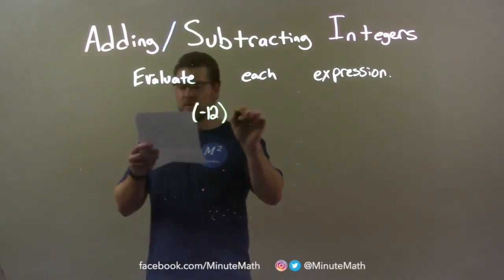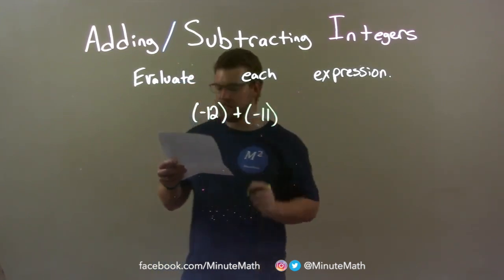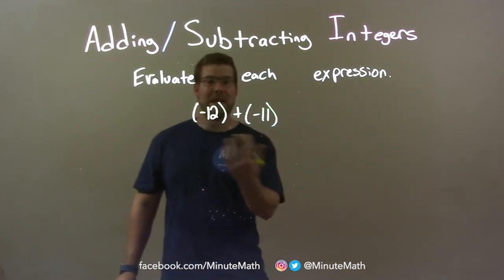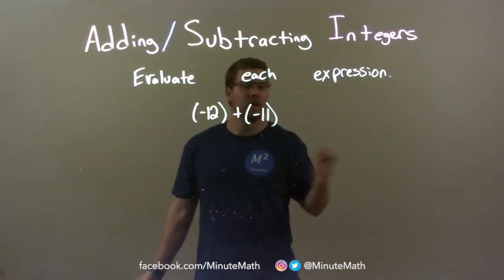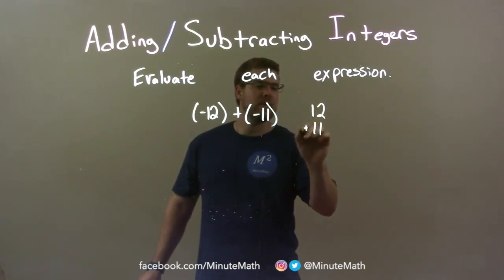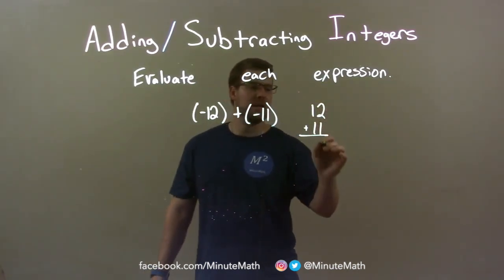Negative 12 plus a negative 11. What's nice about this is they're both negative. Since they're both negative, when we add it, we can almost treat them like they're positive, but we know our final answer is going to be negative. So we have 12 plus 11. We just add those together. Easy. 12 and 11 is a